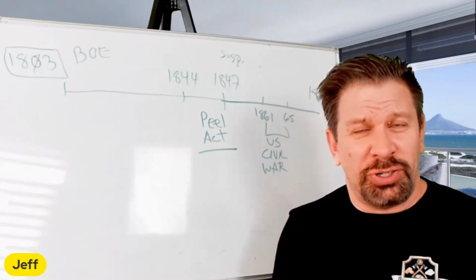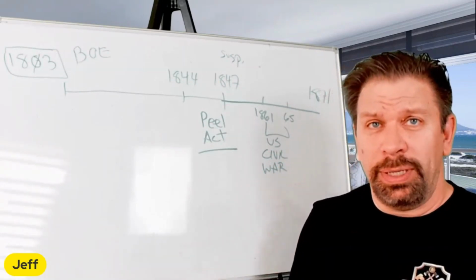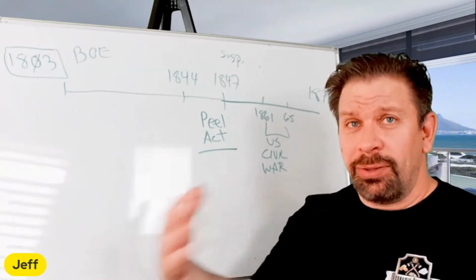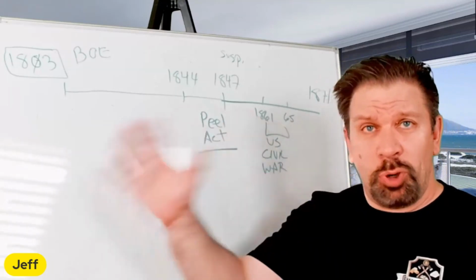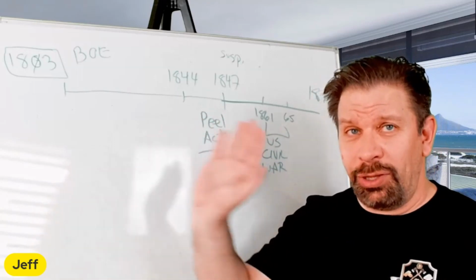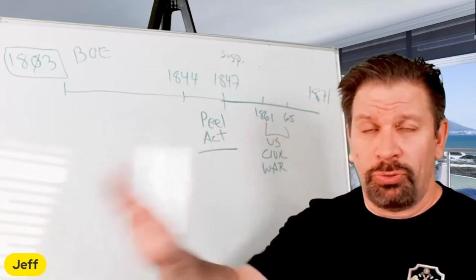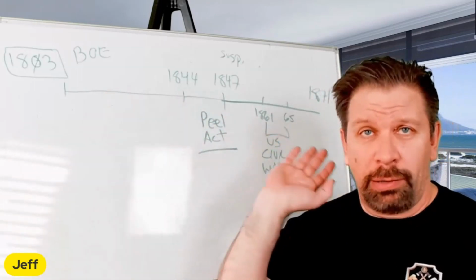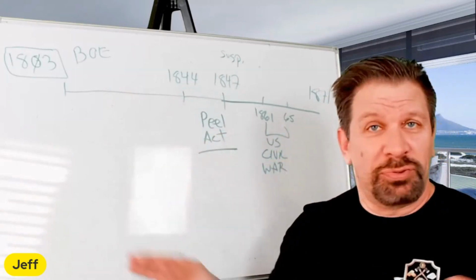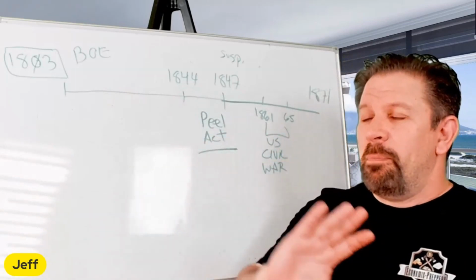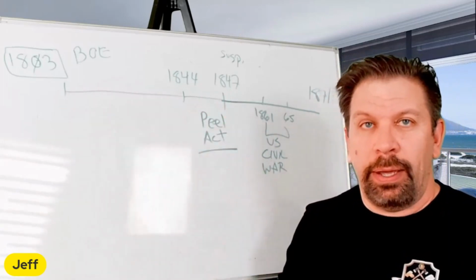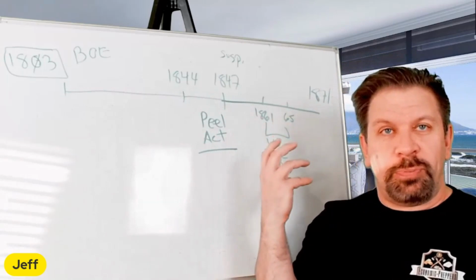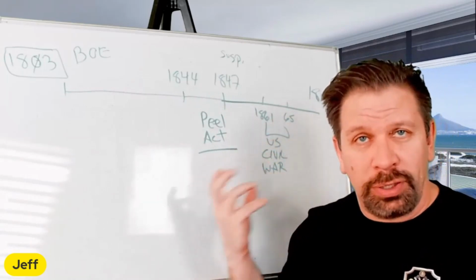I might have said this in an earlier video, but I'm going to say it again because it's important. I view England and the United States like a bad relationship. They broke up in the 1770s. The US said, we don't want you anymore. We're through. Have a nice day. I'm moving out. We should live across the pond. About 40 years later, the War of 1812, Britain tries to get the United States back. 40 or 50 years later, they're backing one side of the US to try to get more control.